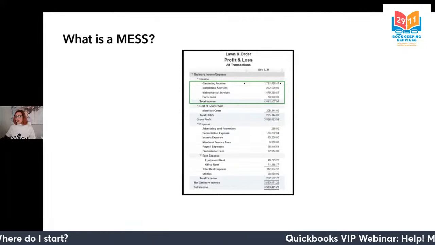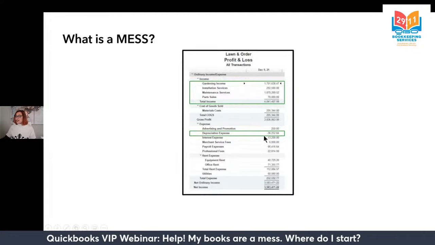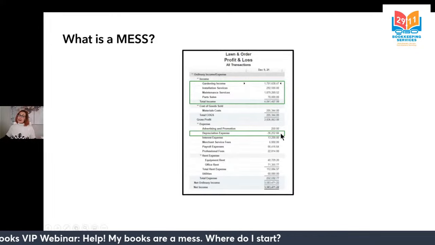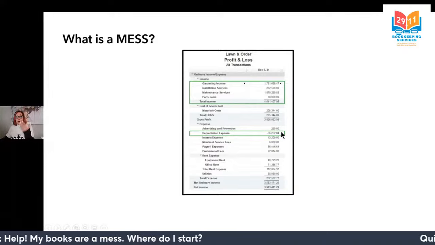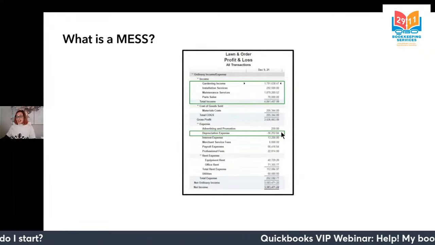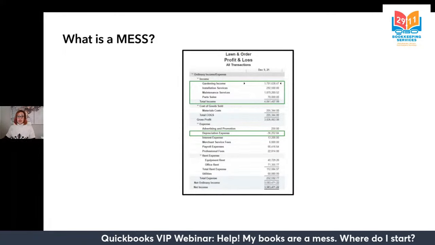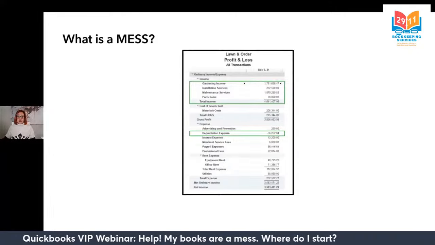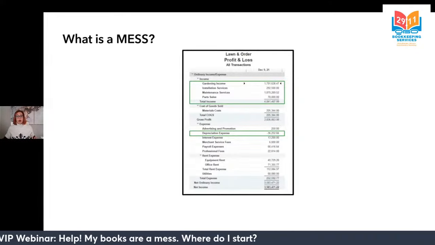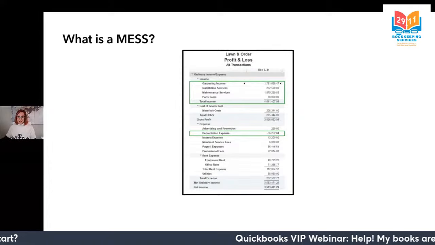Also, there are specific accounts here like depreciation. Depreciation as an expense account actually should be positive. It's a negative on the balance sheet, but a positive here on the profit and loss statement. Negatives here definitely tell us that there is something being recorded incorrectly with our depreciation. And negatives on the profit and loss statement typically only show up for accounts like a discount account, not depreciation. So we should look into this further.